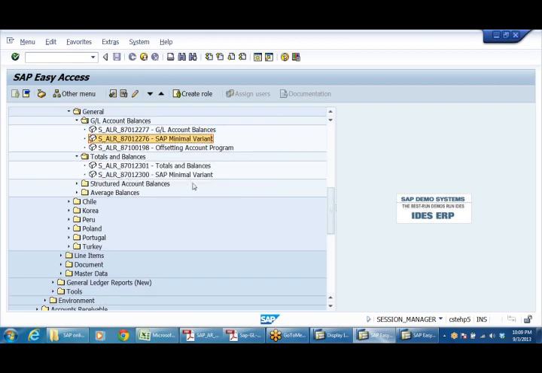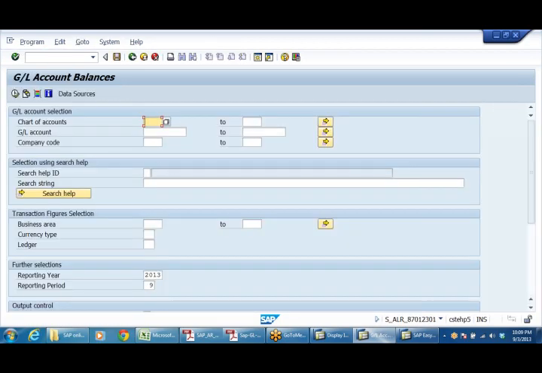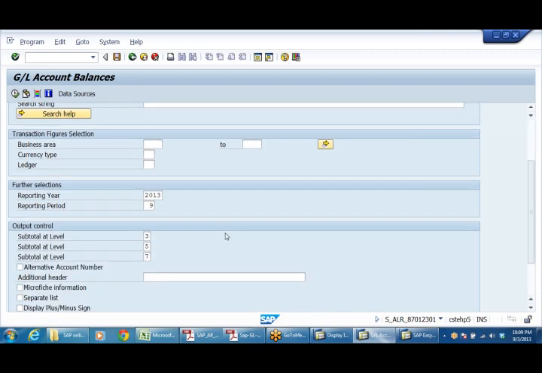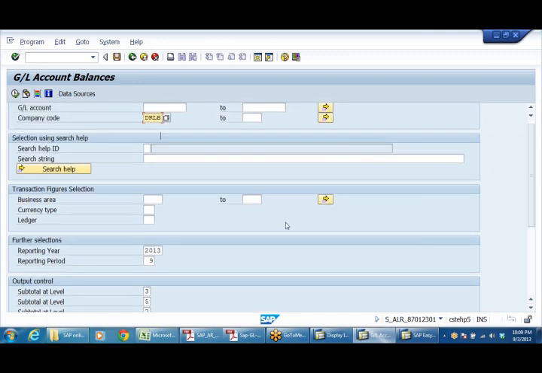Next, totals and balances. Chart of accounts, DRCA, company code DRLB. Reporting year 2009, subtotal level.